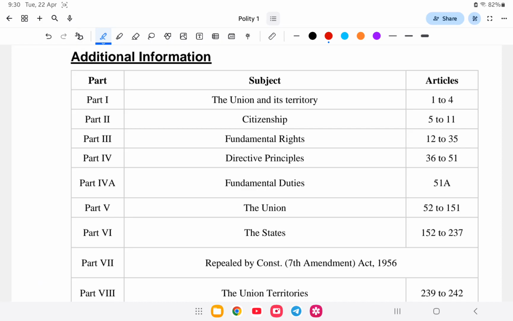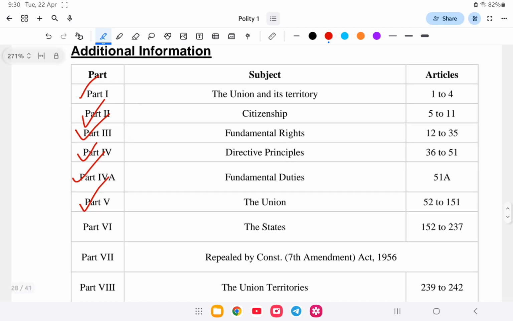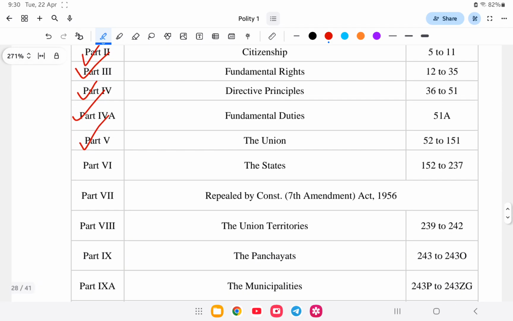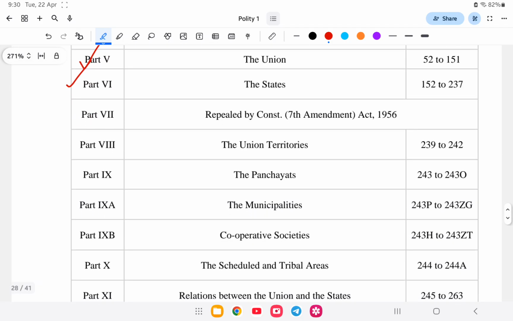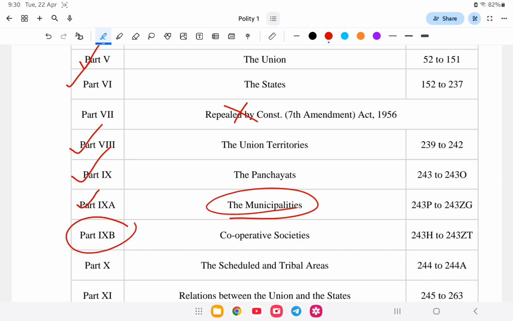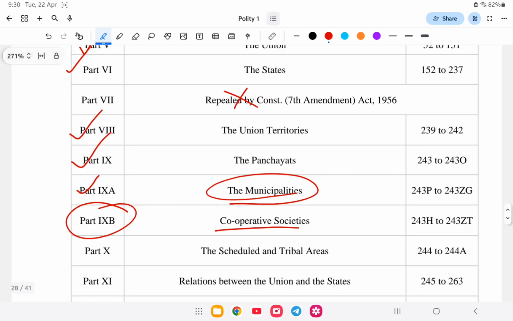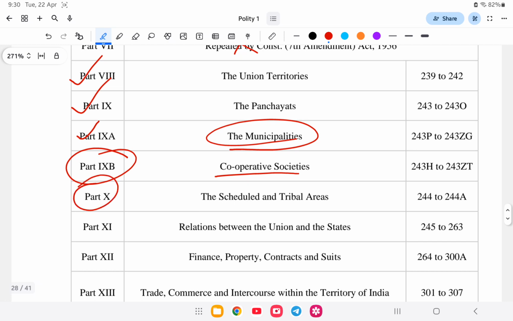Part 1, the Union and its Territory; Part 2, Citizenship; Part 3, Fundamental Rights; Part 4, DPSP; Part 4A, Fundamental Duties; Part 5, the Union; Part 6, the States; Part 7, repealed; Part 8, the Union Territories; Part 9, Panchayats; Part 9A, Municipalities; Part 9B, the Cooperative Societies; Part 10, the Scheduled and Tribal Areas;